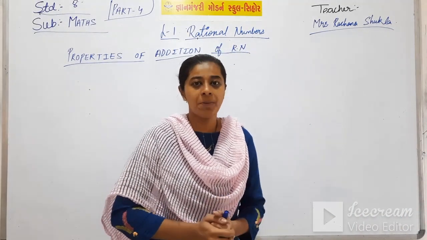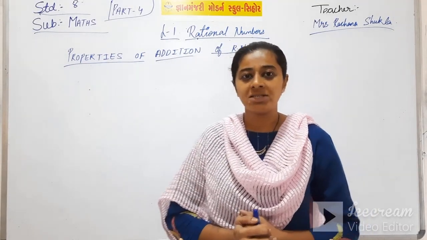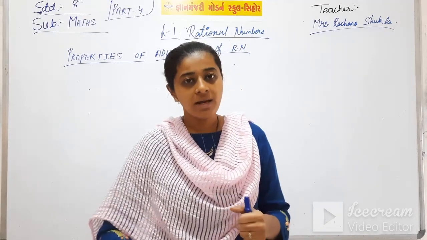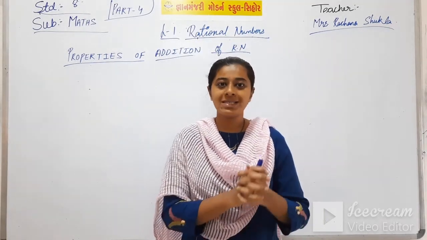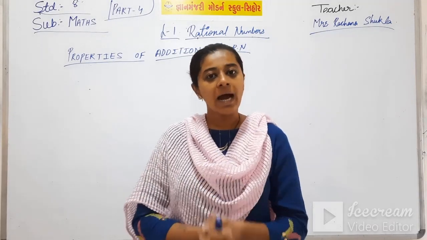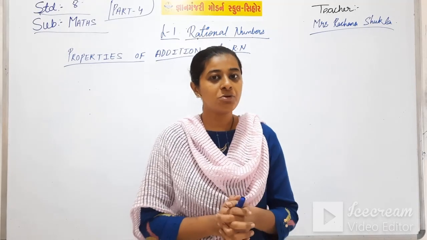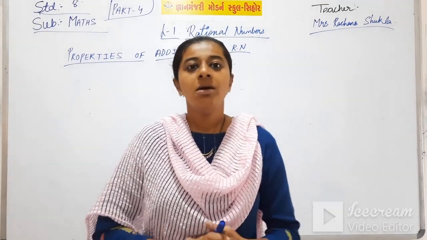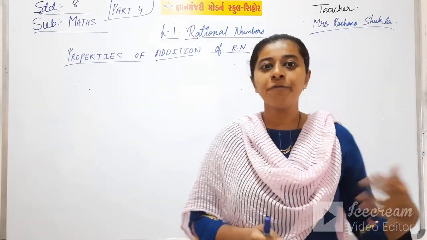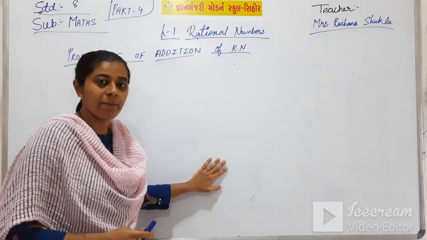In the earlier three parts, part 1, part 2 and part 3, we studied about rational numbers. Then in the last part we studied the addition of rational numbers with same denominators and the addition of rational numbers with different denominators. And students, you are doing very well submitting your homework on time. Now in this part, let's see what is there for you in the rational number chapter.